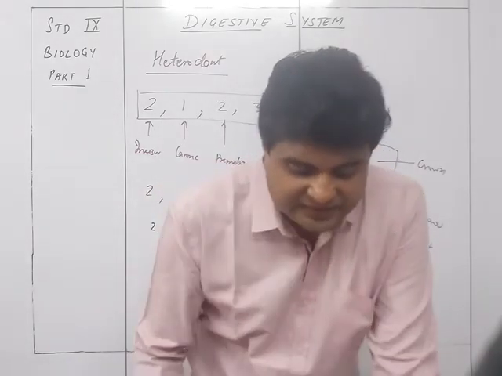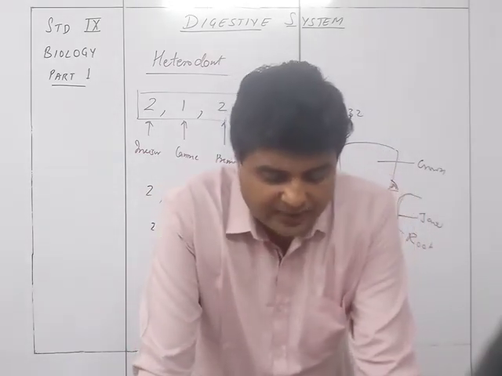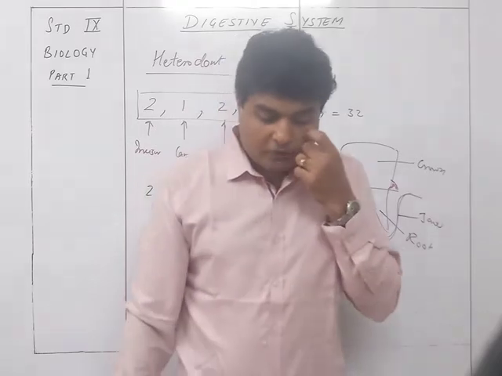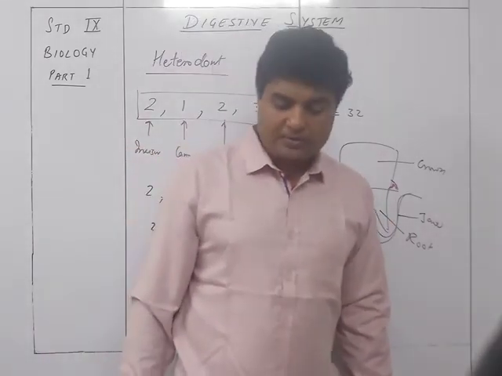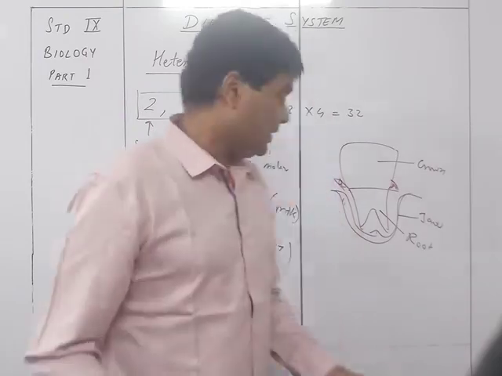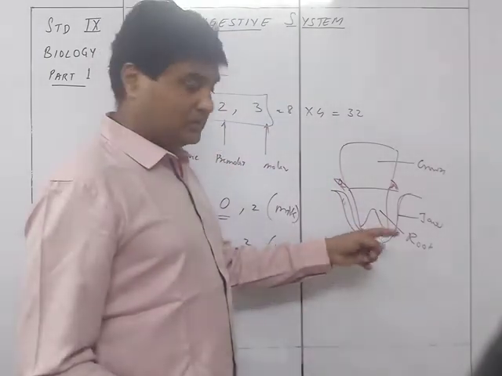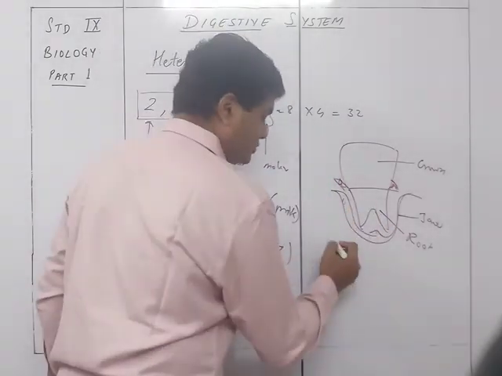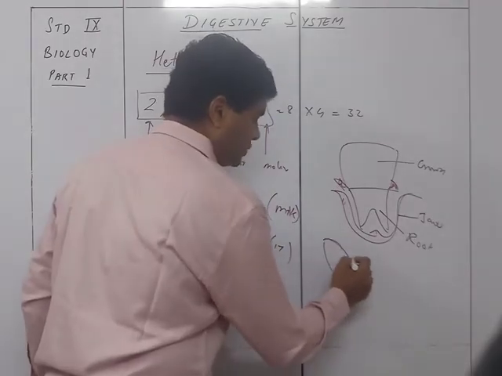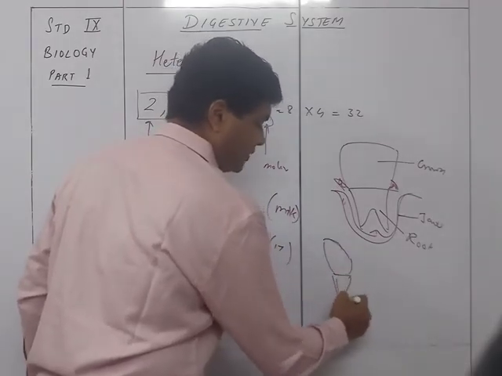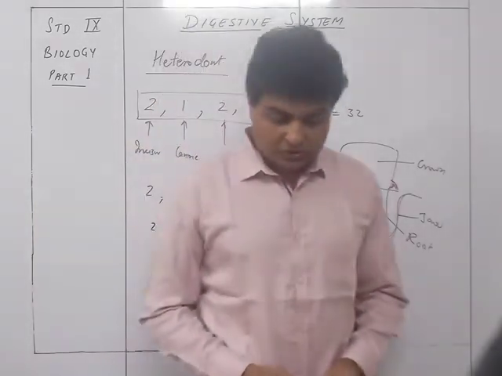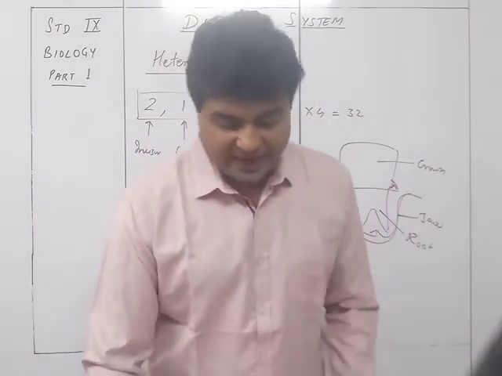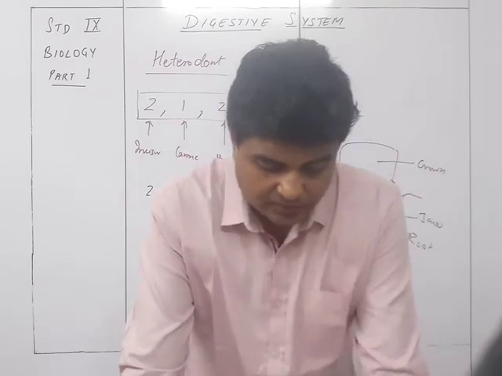The root consists of a single process or flange in incisors and canines, or of two processes or flanges in lower molars, and three in upper molars. So here I have shown two flanges. It could be just a single one also, like a single one like this over here, or it could be three in the case of molars. So those are the flanges of the teeth.